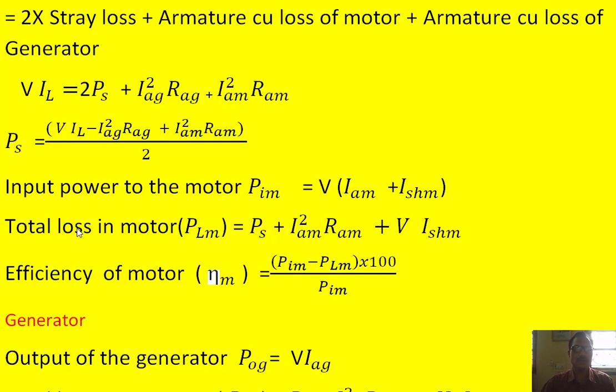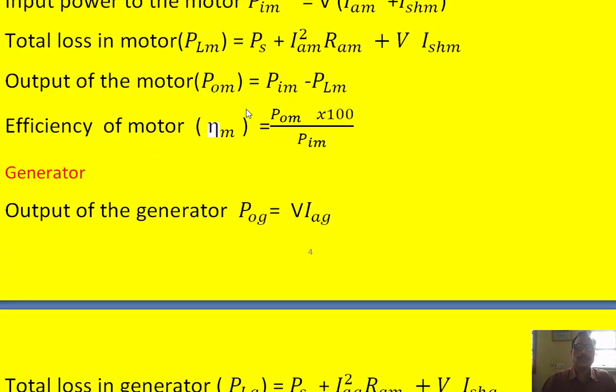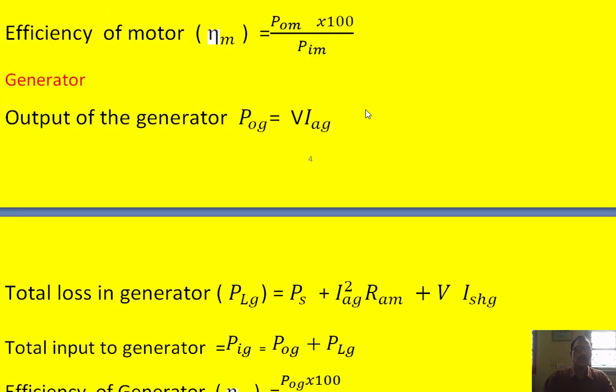So now we know the input power to the motor and also the total loss of the motor, so we can calculate the output power of the motor, that is POM is nothing but input power of the motor minus total losses in the motor. So once we know this output power of the motor and the input power of the motor, we can calculate the efficiency of this motor, that is POM divided by PIM into 100. Next,